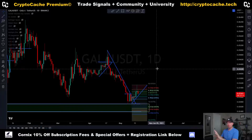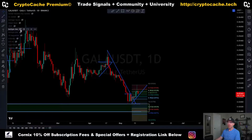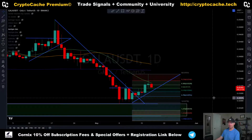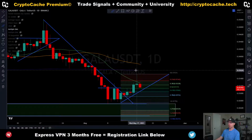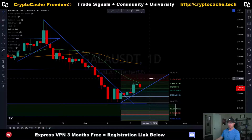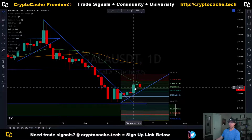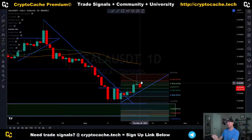Main reasons why I think we're looking good here. Let's talk about a few other factors too. We got to recognize that we got rejected pretty hard by the 20-day SMA yesterday. We've also got the 200-day SMA here as well, trending close to about 3.6 cents. That will be a point of contention once we get there. For now, though, we expect that if we retest this 20-day moving average, we have a chance to break it